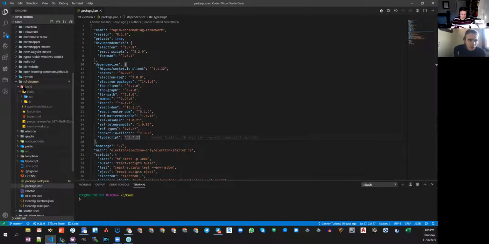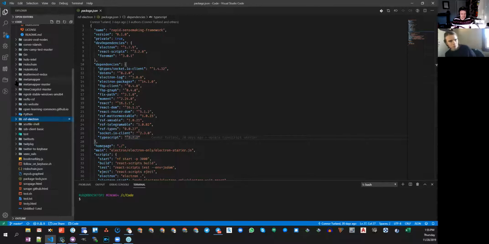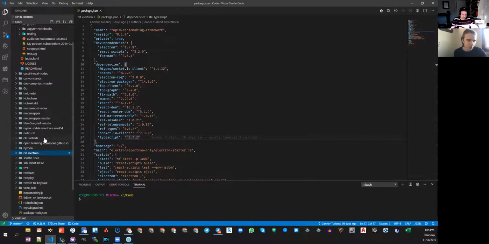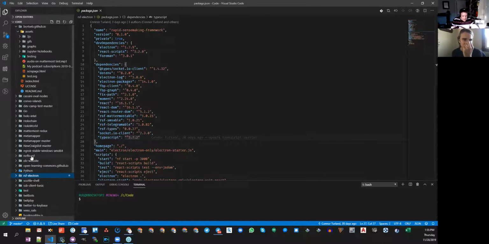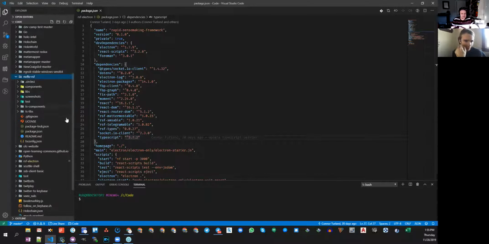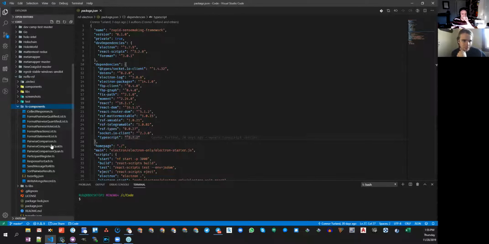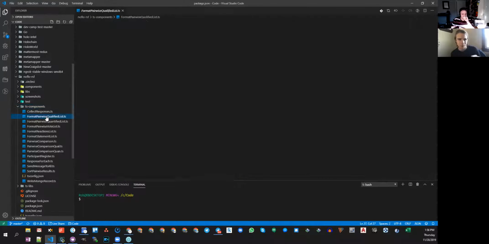Let me see. I think we're talking about no-flow RSF now. Like the actual modules? Yeah, that's in no-flow RSF. Oh, here it is. The places to pay attention are the TS components and the TS libs, where the TS components are the ones that actually turn into no-flow components.